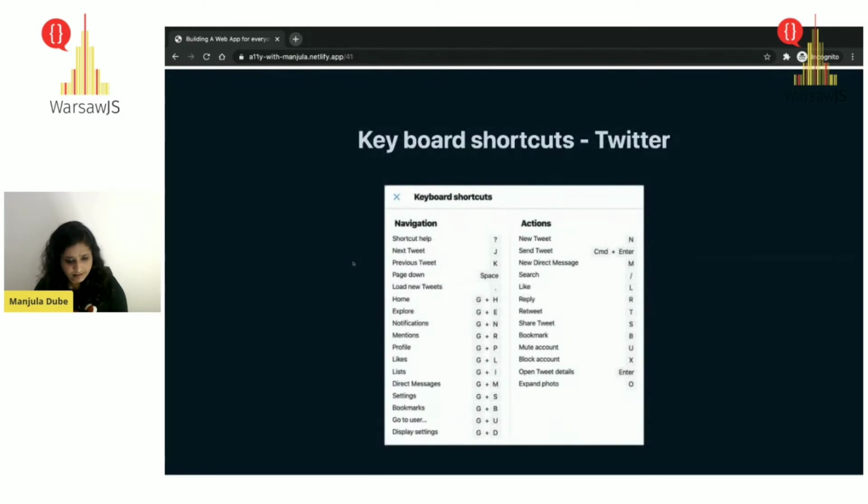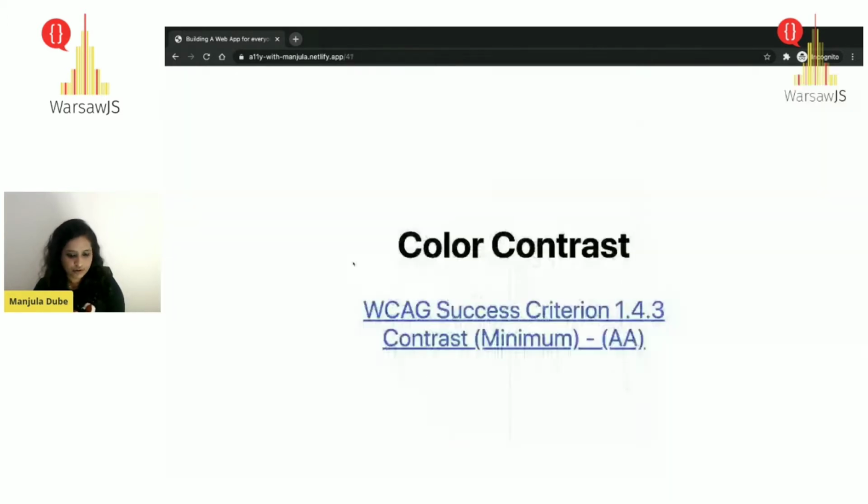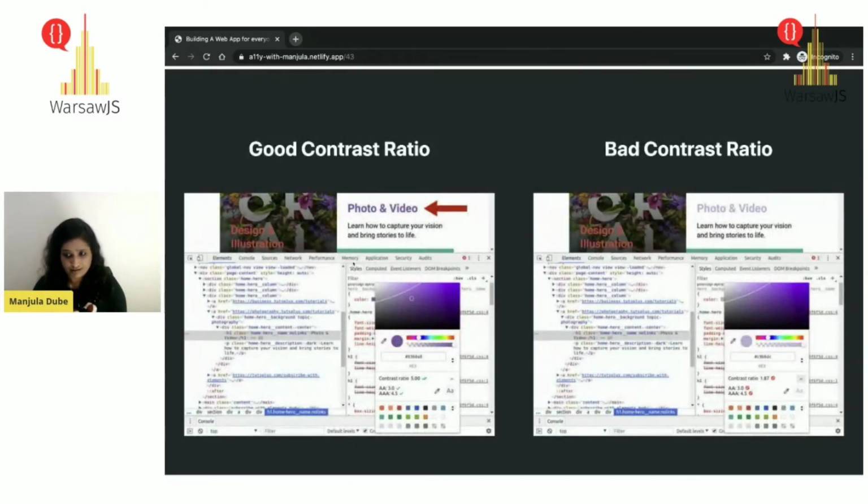Some general tips, I often start with, if you could provide a keyboard shortcut, it really helps not only users who are disabled, it might also help normal users to save their time. So it's always a good idea to have keyboard shortcuts. I also start with color contrast because, before we move on to some math, we need to know what contrast ratio basically is.